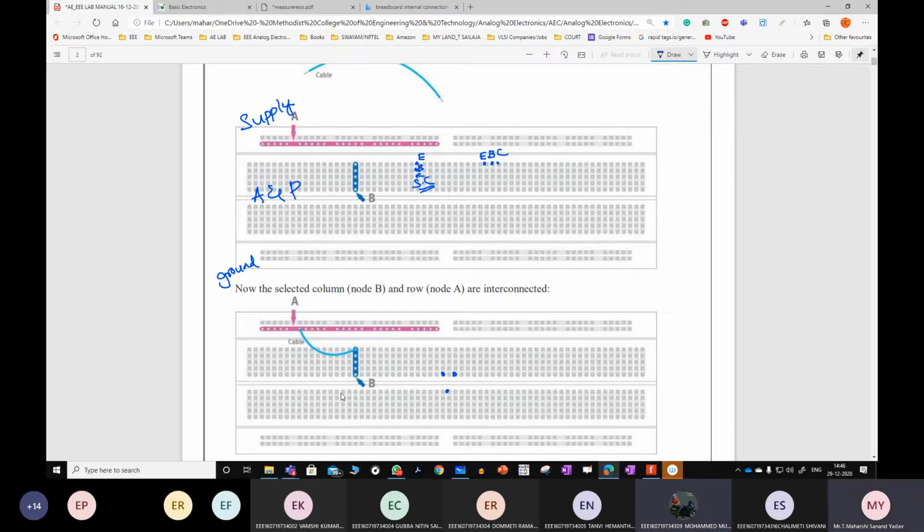No, sir. Why? The 2 ports are different, no, sir. Yes, here it is divided into 2 parts, they are not connected. So here there won't be any flow of current.